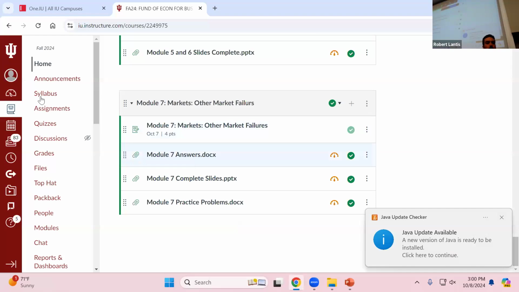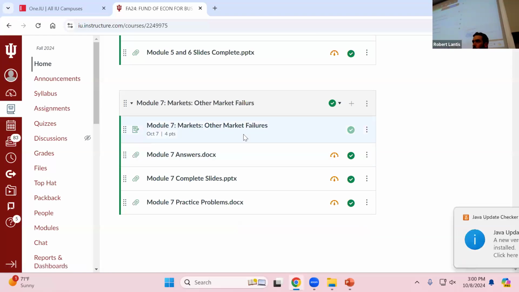What I've done on Canvas. So we've got this week's modules, right? So we'll finish off last week. We didn't quite cover subsidies, so we'll start with that today. We'll then jump into module 7 slides, module 7 material, of which case you already have the practice problems and